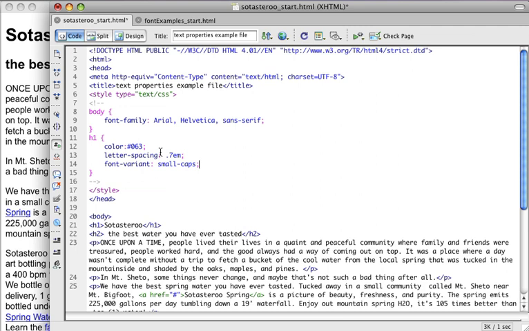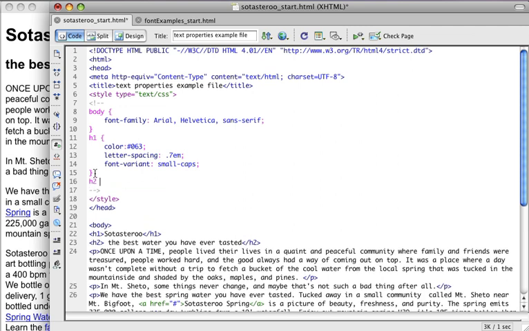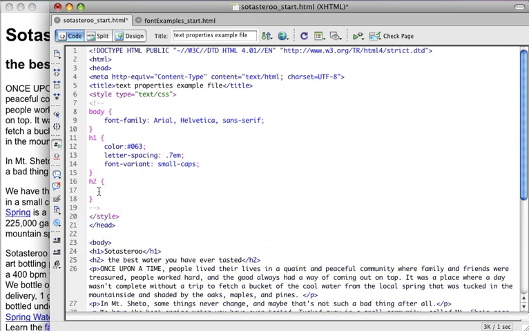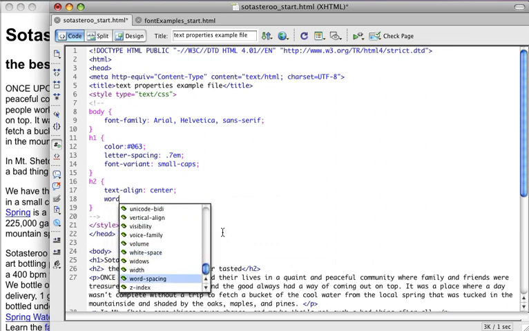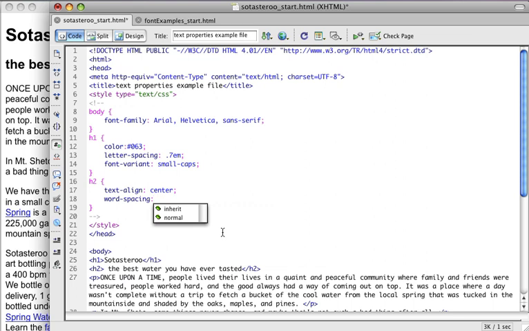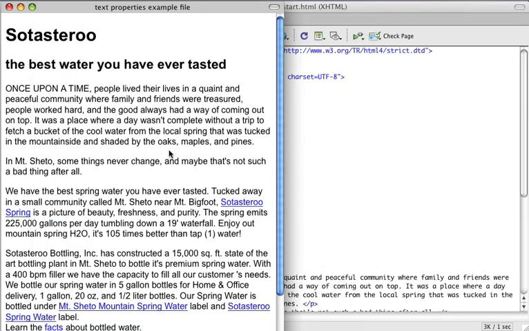And let's just do the H2 tag as well, and then we'll go check out and see what we've done in the browser. So I'm doing my opening, closing curly braces for my H2 tag. For H2, we're going to use a text align of center, and we're going to use word spacing of 0.8 ems. And let's save our file, and we'll go back here into the